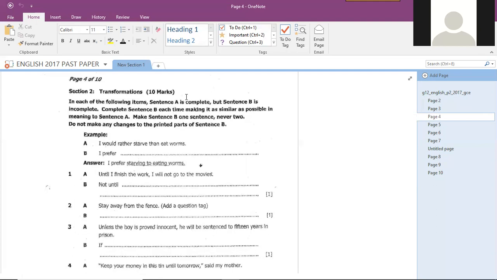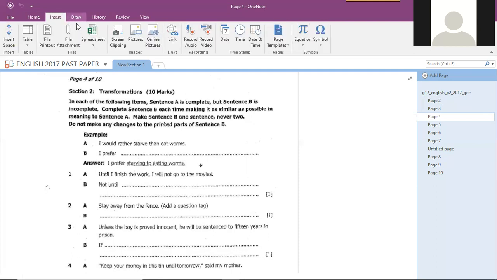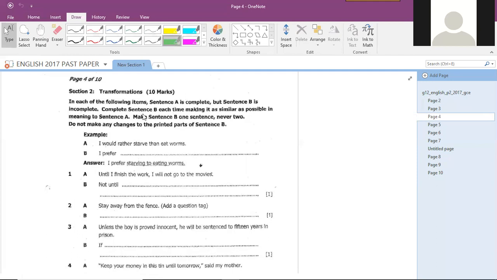So as usual, let's read the instructions so that we can get into answering these questions. And by the way, the only way you can become good at these transformations or rewrites is through practice. So you just have to practice these questions. So as I'm sending this video, just make sure you go through and practice. So section 2, transformations, it carries 10 marks. The question reads,